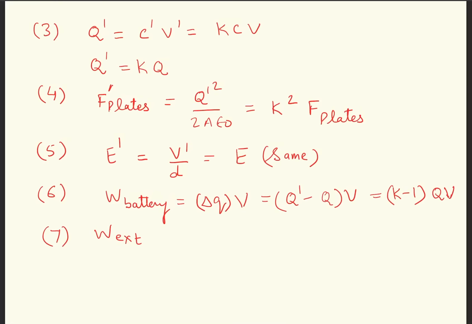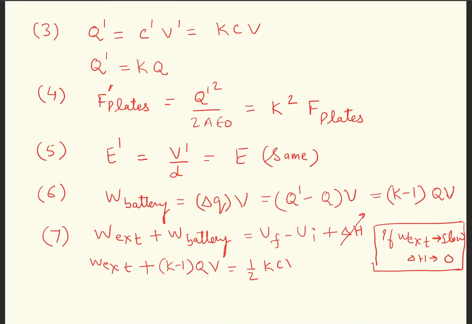Half C dash into V square, where C dash is k into C, so half k C V square, minus U initial, which is half C V square. So the work done by the external agent comes out to be half (k minus 1) C V square minus (k minus 1) C V square. Q is equal to CV, so this becomes CV square, and this is equal to